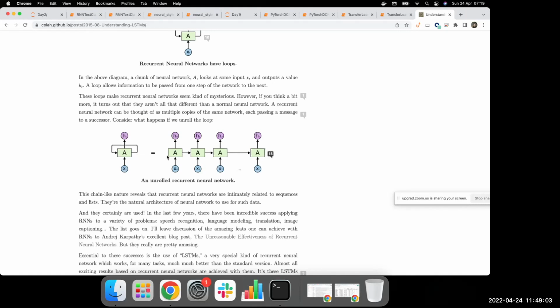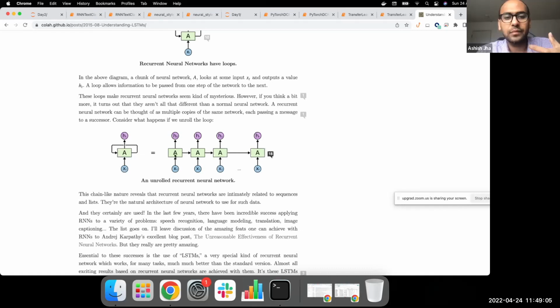LSTM cells are more involved, with so many things going on inside, but I will not go into the details. I'll just tell you from the outside what happens in an RNN: the back propagation goes from the last part of the sequence all the way through the first element. This is called BPTT, back propagation through time.